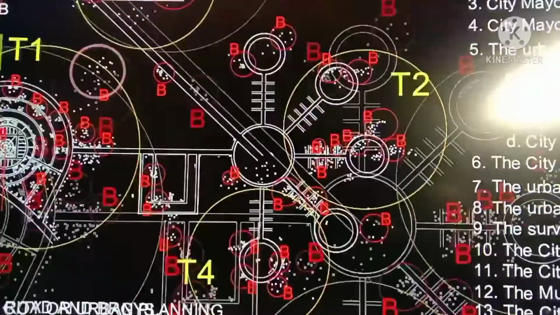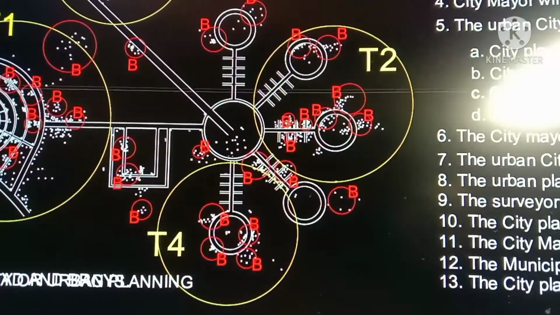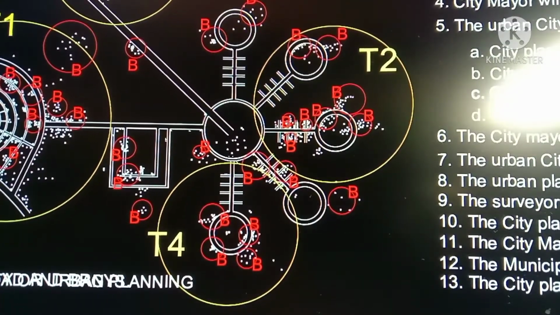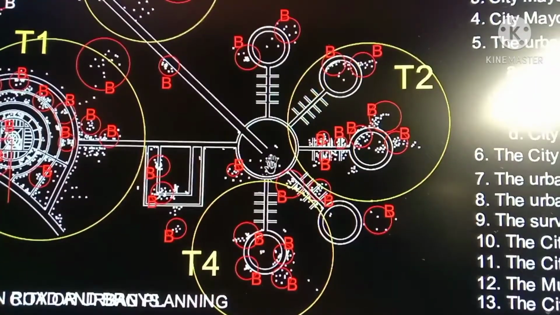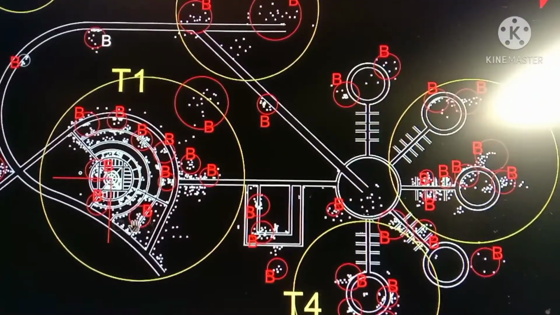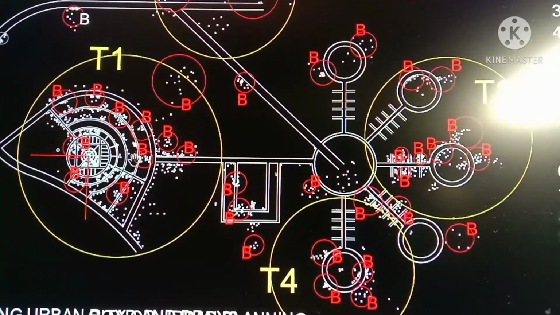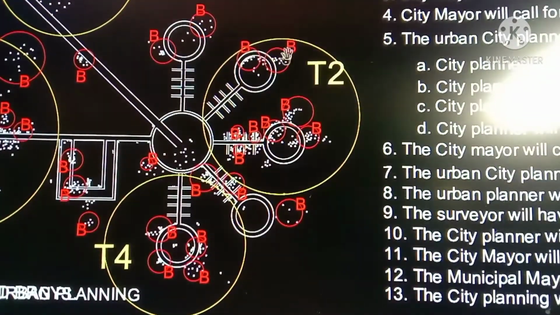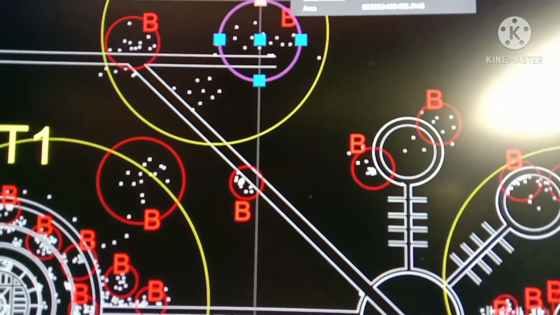So how does it look? The city now looks like this one. See, it is now a very nice arrangement. As you can see here, the city. So look at the city here. This group of towns here, and a group of towns also here. So this is how it looks. So this now has proper planning already. So what happened to this one? They will remove these markers already.